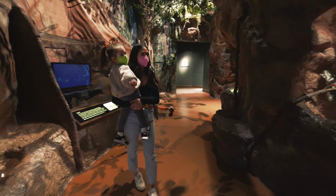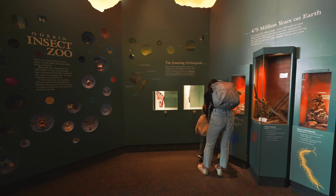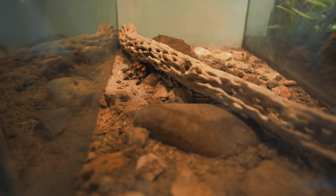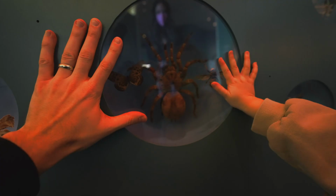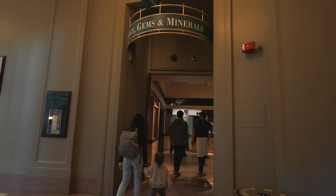Next, we entered the live insect zoo, where there's lots of interactive exhibits and terrariums housing all kinds of bugs, including tarantulas. We ran full speed to the butterfly pavilion, but unfortunately it was closed the day we visited,